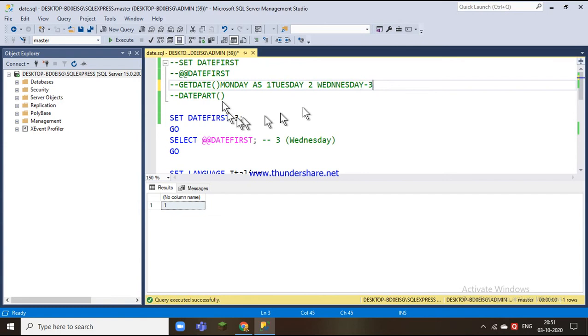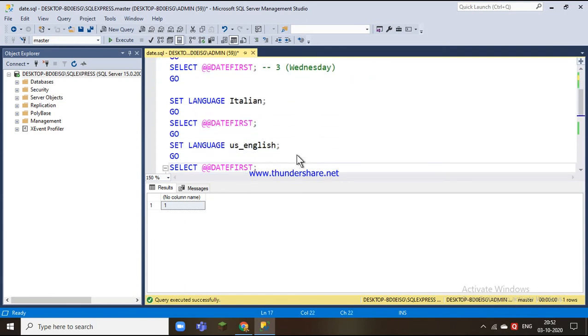Like this, it has specific values, where we first have to set a value between 1 and 7, meaning 1 is Monday and 7 is Sunday. So we first set DATEFIRST, and then if we select @@DATEFIRST, we get 3 as our output.